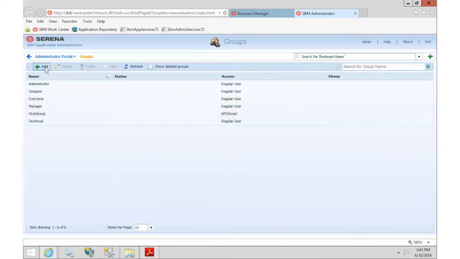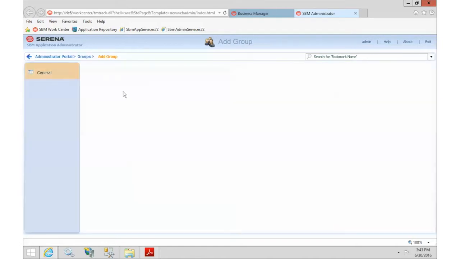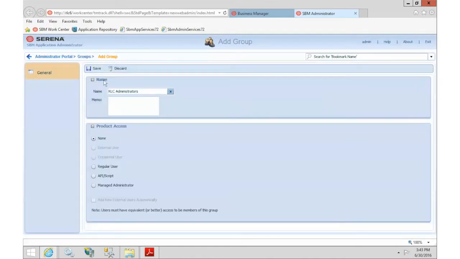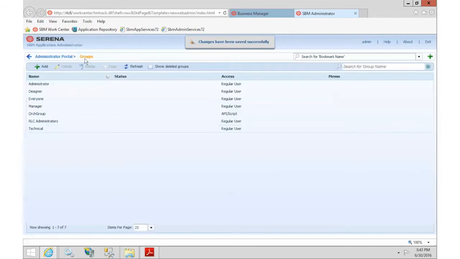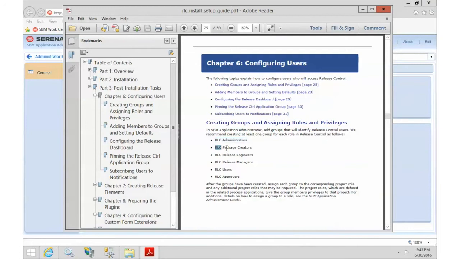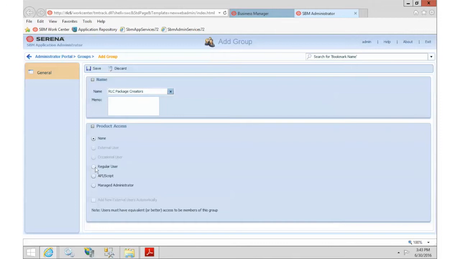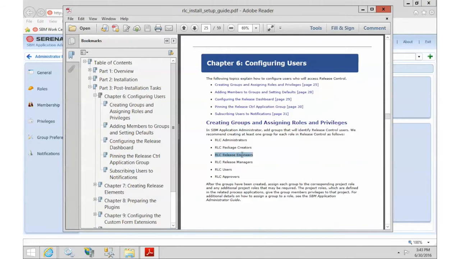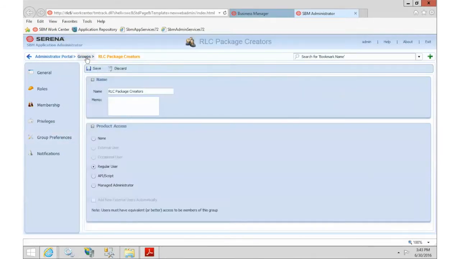So I already have some groups, but I'm just going to follow along with the best practices and create the new groups. So we have that one, make it regular. And I find that it's easier just to go in and create them all first and then come back and start configuring them. So we'll do that. Package creator, regular, and release engineers, groups, add, regular, save,